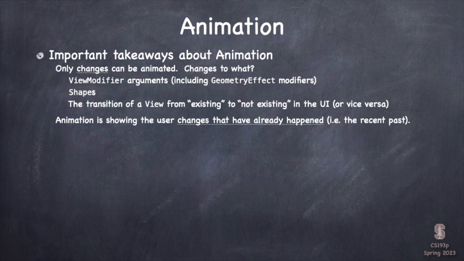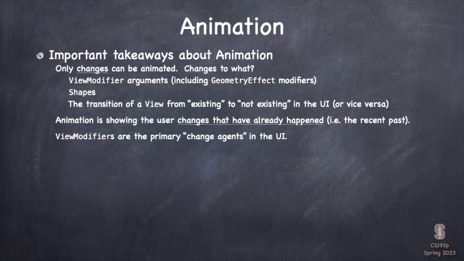Once you get that in your head, it'll make a lot more sense how animation fits into all the other things that you're doing. So view modifiers are the primary change agents in the UI. Most of the stuff that's changing, like opacity, aspect ratios, even views flying around, is just the position view modifier. There's a view modifier I haven't shown you yet called position, which, like HStack and LazyVGrid, they use that modifier to position their views in there. When things are flying around, it's just because that position's arguments are changing, right?